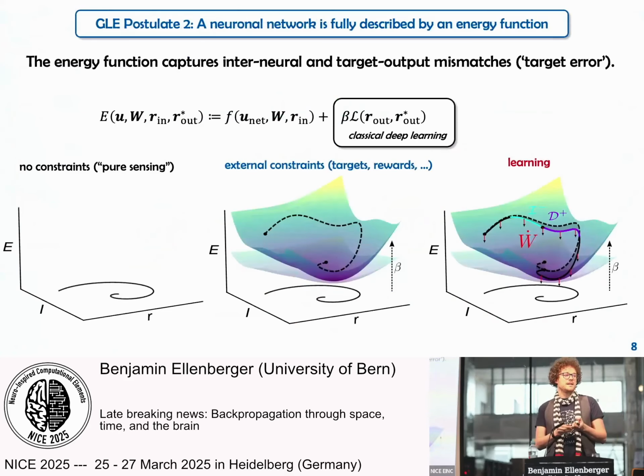The second postulate is that a neural network can be fully described by an energy function. So what we encode in the energy function is the interneural mismatches as well as the target mismatches. The target mismatch is what you know from deep learning as the target error. And when we use this energy function and don't add any constraint like a target on it, then the whole energy function falls flat, as you can see in the leftmost